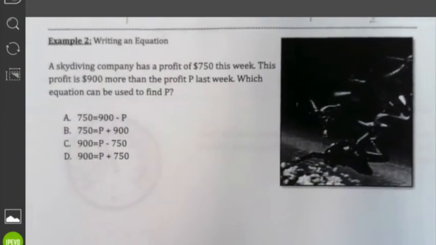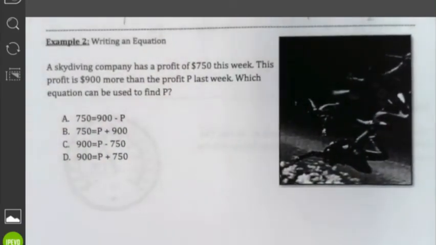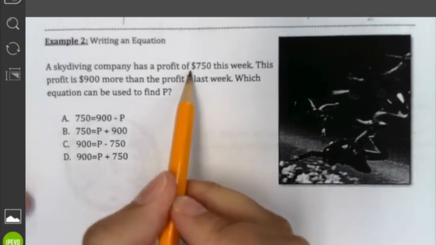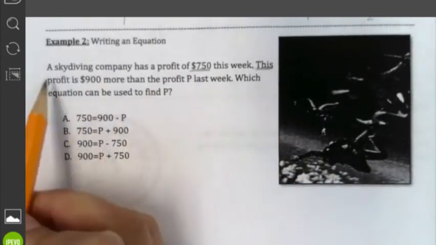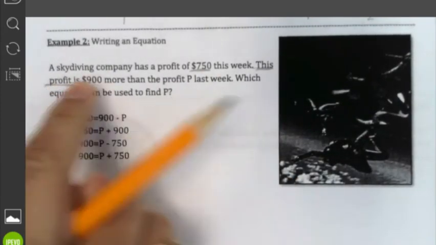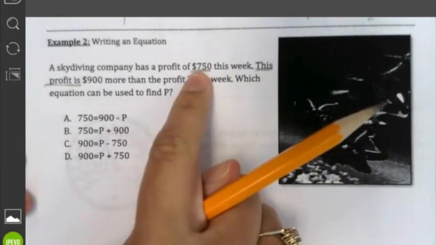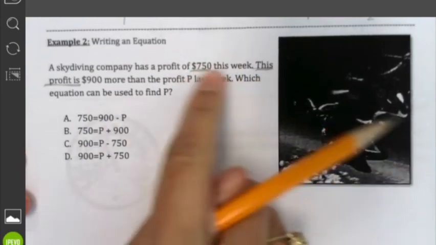Okay, last example. Writing an equation. A skydiving company has a profit of $750 this week. This profit is $900 more than the profit P last week. Which equation can be used to find P? So this week we have 750. Then the following sentence says this profit is. When it says this profit is, it's referring to this. So 750